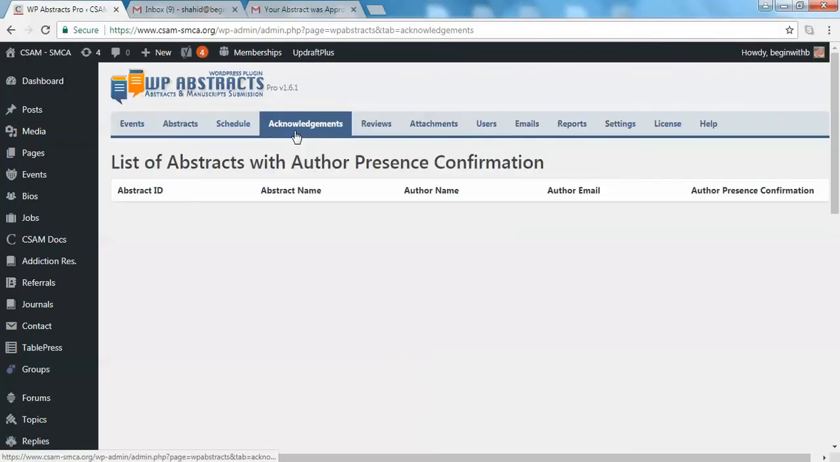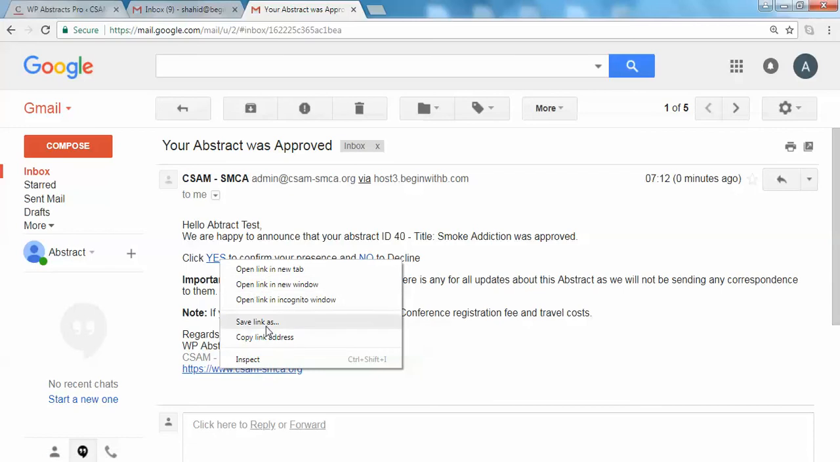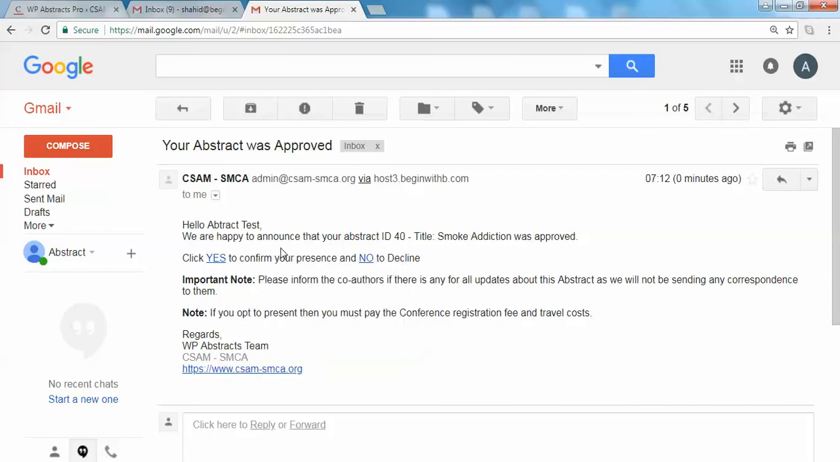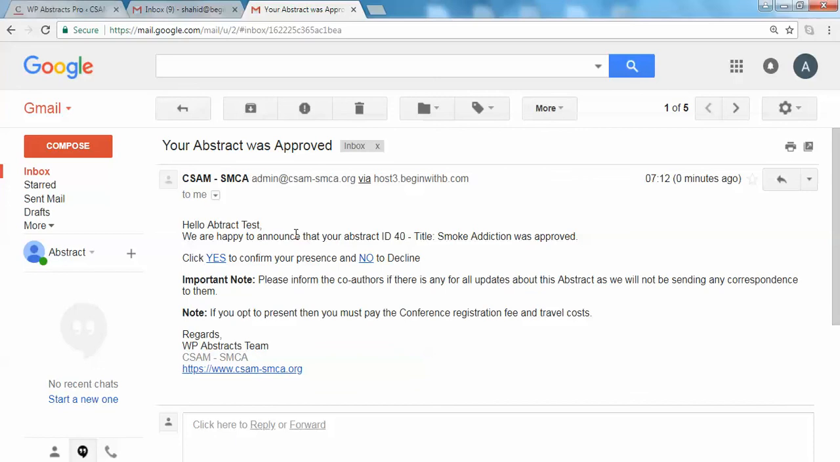Under the acknowledgement tab, it will automatically load here. So let's go and try it. I'm not going to click it from here. I'm going to copy the link. The reason I'm copying the link is because I have to go to a different browser in order to have this